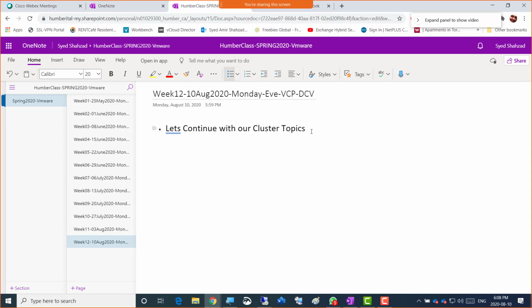In a VMware vSphere cluster, in clusters, some of the advanced features are, because there are many smaller features as well, I'm just mentioning for now the advanced ones, or the main ones that you're going to be asked in the exam as well as in the interview. So there is HA, or high availability,